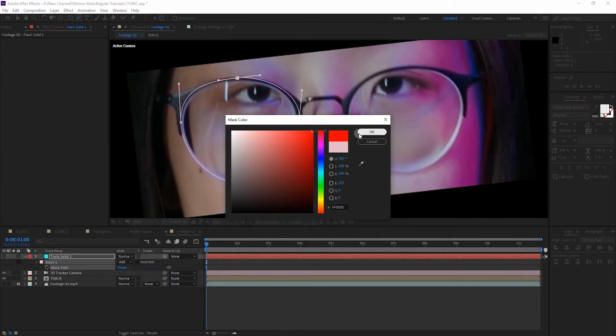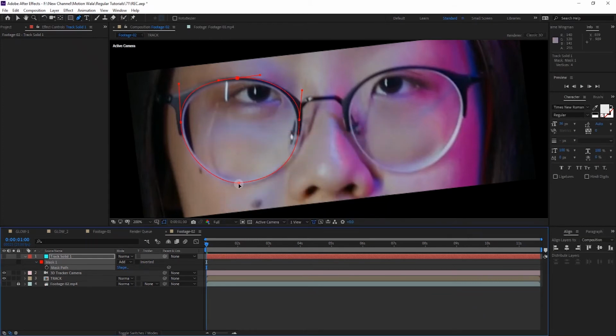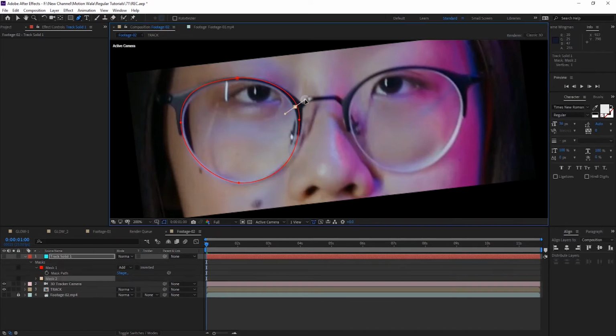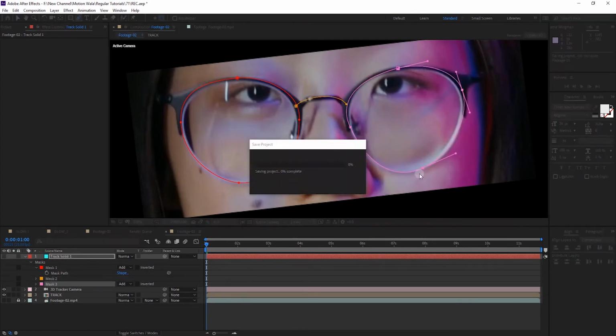Press M, change the mask color. On the first frame it's very perfectly traced, and then you can add a second mask, add another mask and trace this as well.